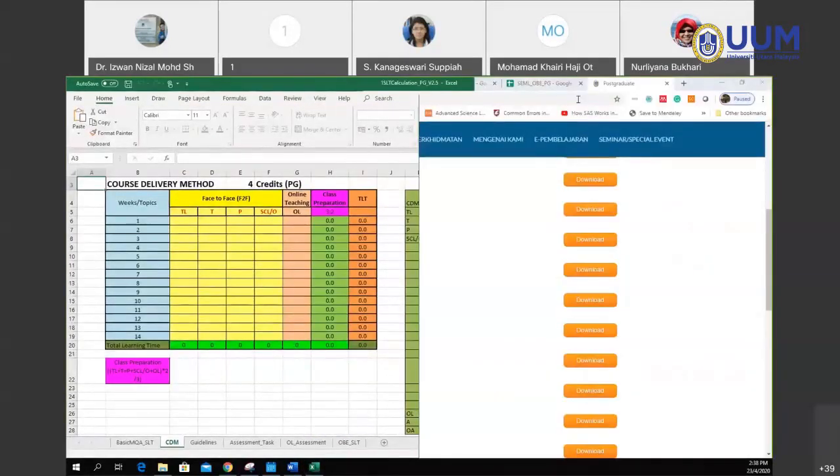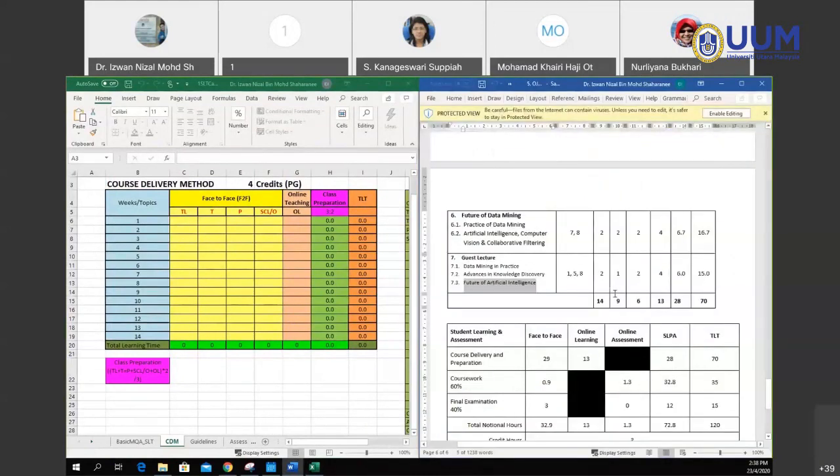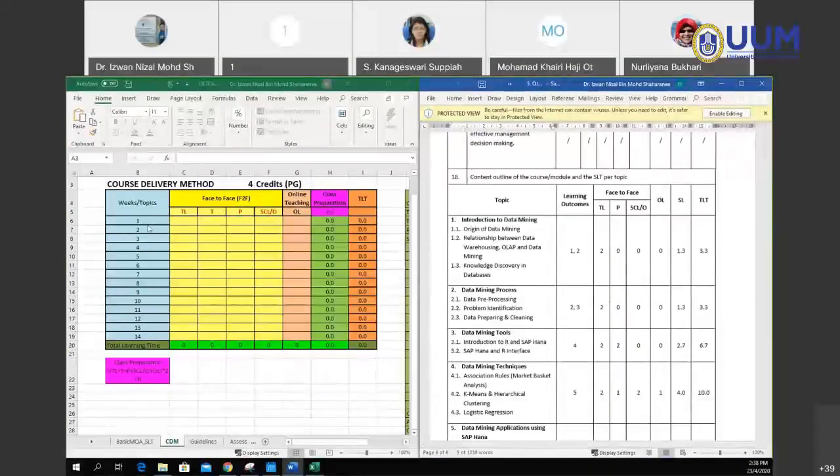Let's say for example, this is my subject. First topic, traditional lecture 2 hour. I put it 2 hour here, then 1.3. The template here already will help you to calculate the SLT. No need to worry about the formula. Somebody already helped us in developing the template. First topic, 2 hour traditional lecture equal to class preparation is 1.3. Topic number 2, 2 hour TL,